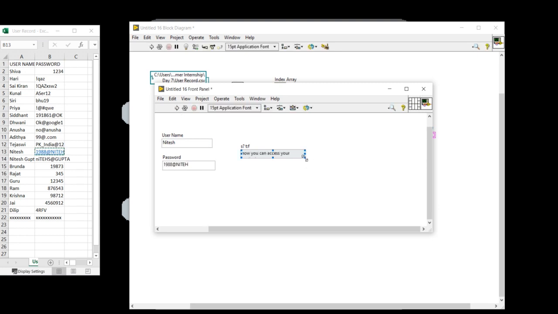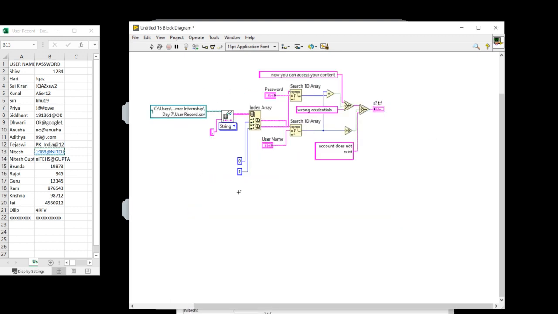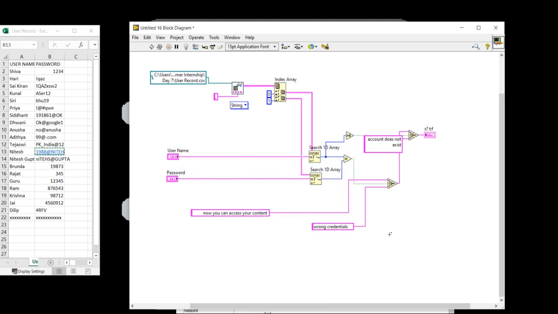You can access your content, right? If the password is wrong, wrong credential. Account does not exist. Okay, so you can write the code like this. So please write the code here, for your user ID and password.